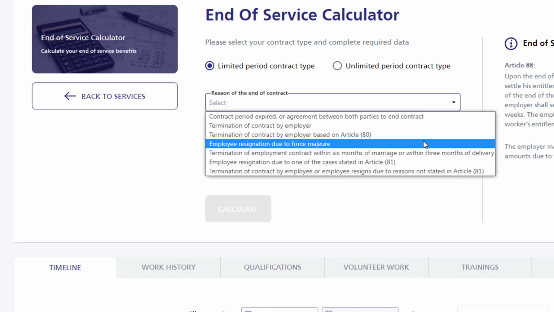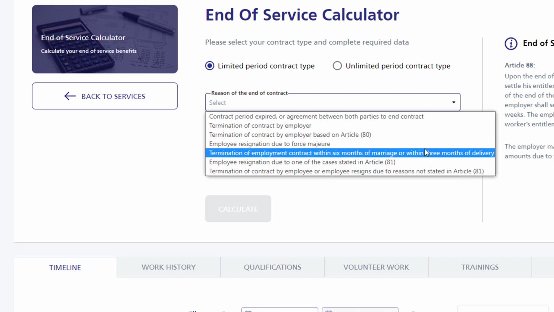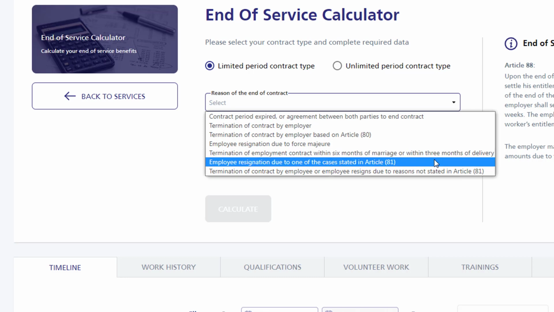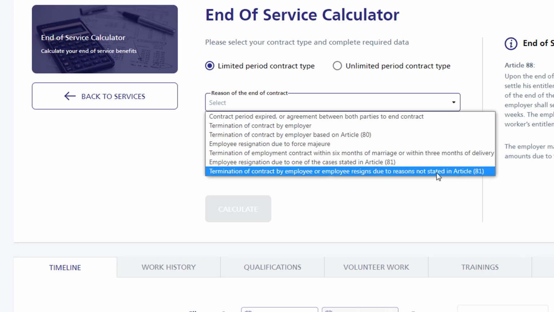Read carefully. Let's suppose your contract is yearly, if you have resigned by yourself, or if the company has terminated you. Whatever the condition for the end of the contract or termination, you need to choose from here. Then after choosing, you can calculate your date.